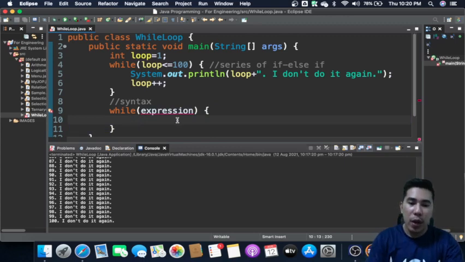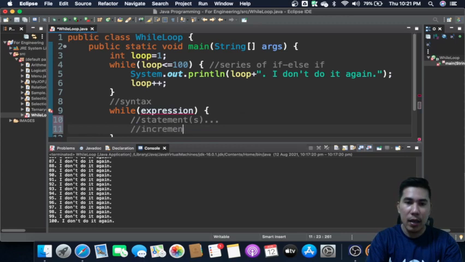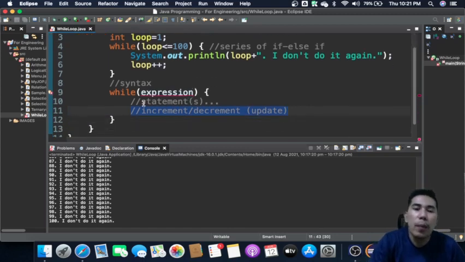After that, you have the statement or statements. This is an example of statements. And then the increment, or it can be a decrement, or something like the update of the value. This is the very reason the loop will update its value.